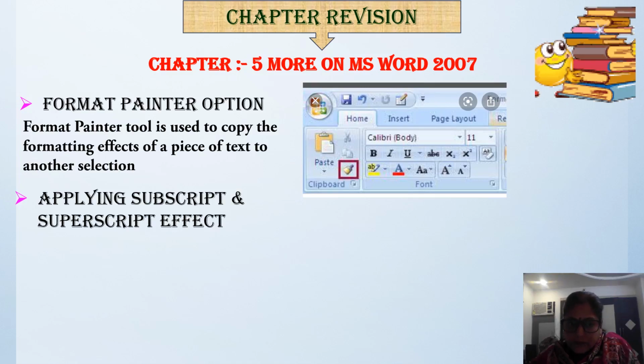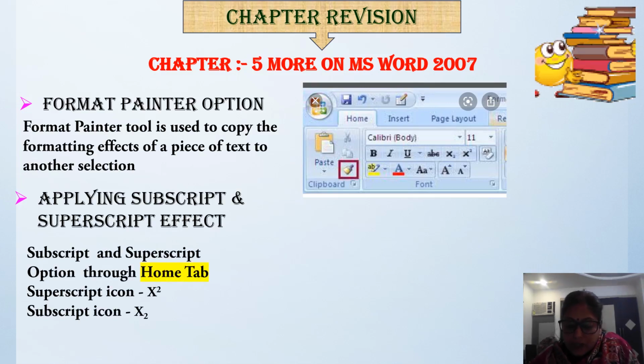Then applying subscript and superscript effect. What is subscript and superscript, children? The subscript option places the selected text slightly below the line of normal printed text, right?